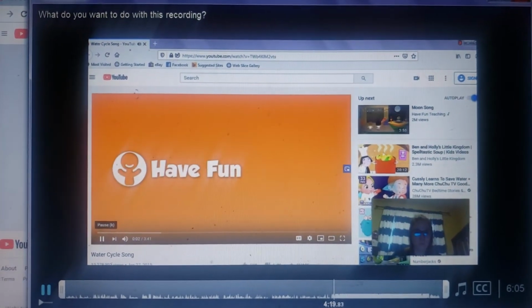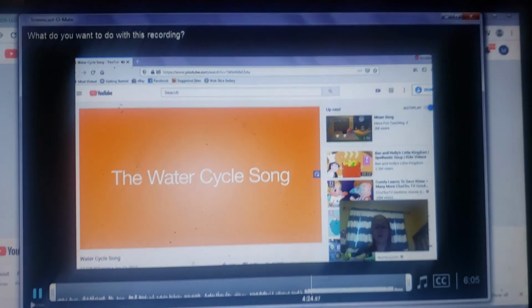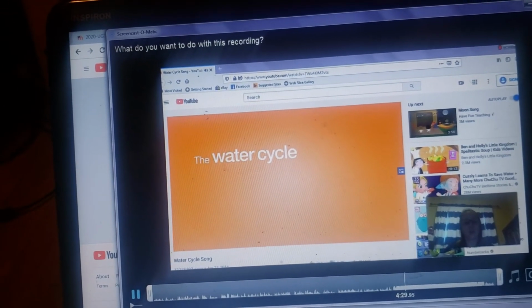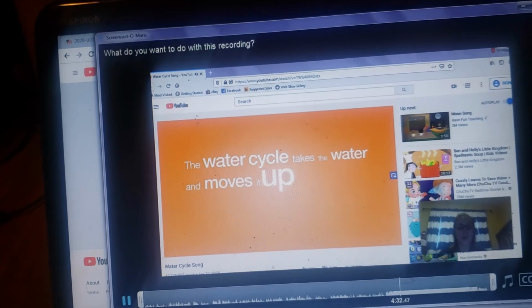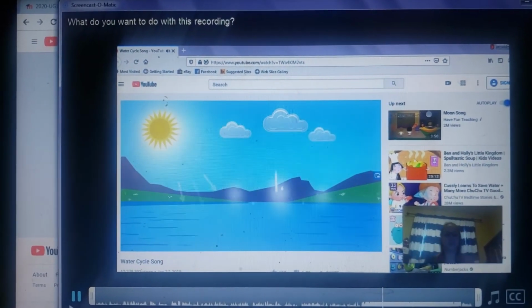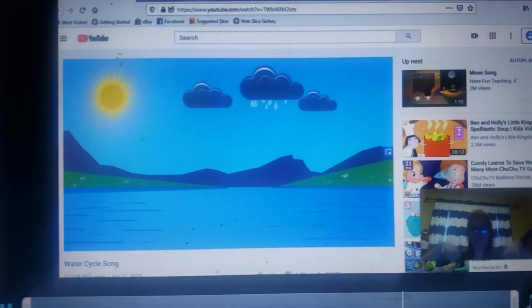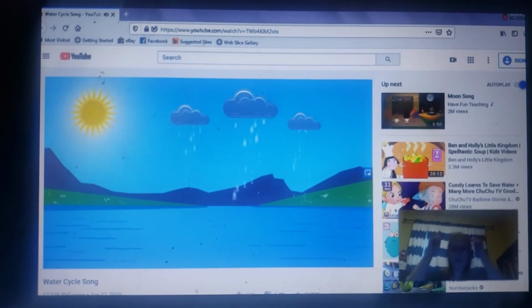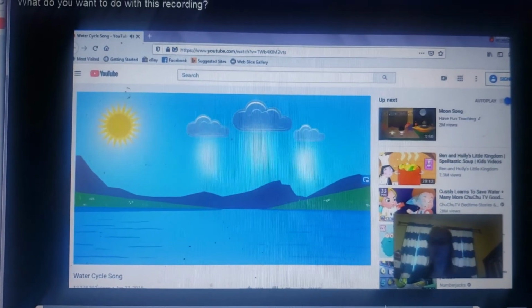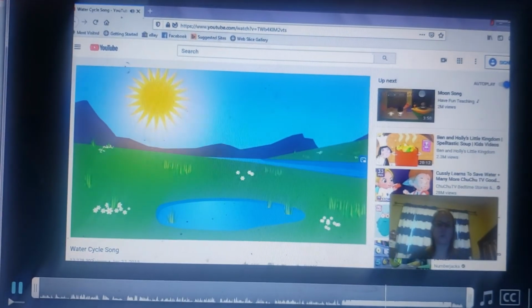The water cycle takes the water and moves it up and down and all around the earth. Evaporation comes